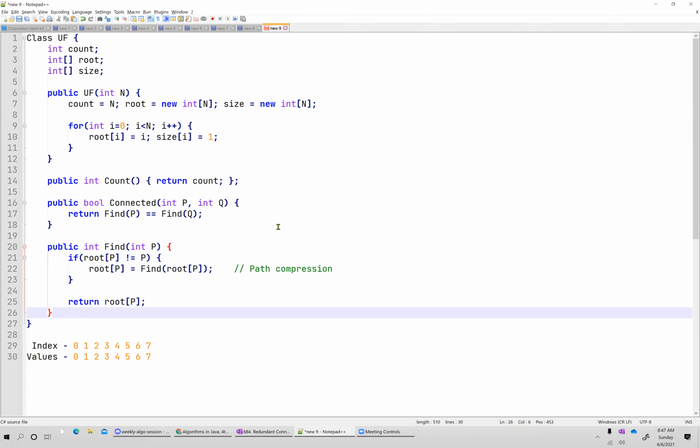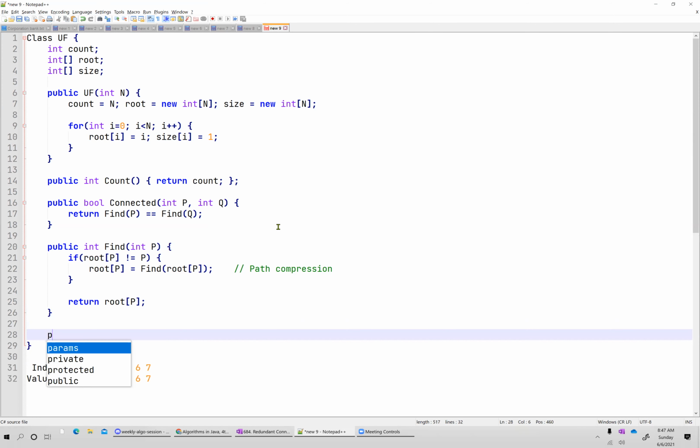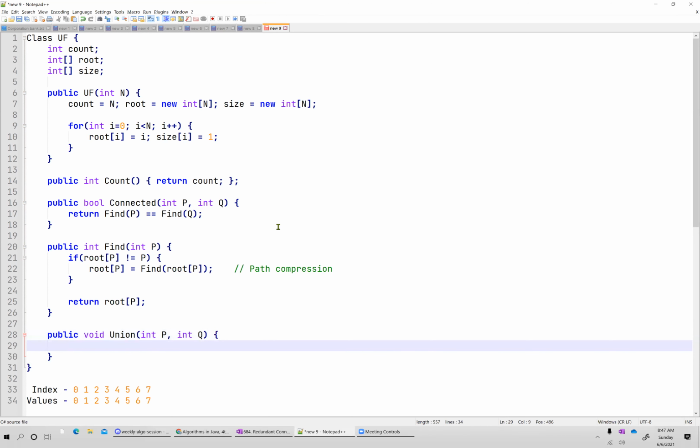So another important method we do in union find is connecting two components, right?